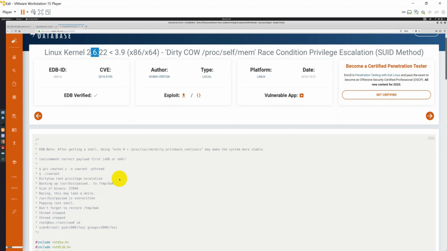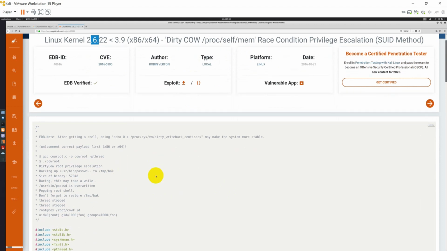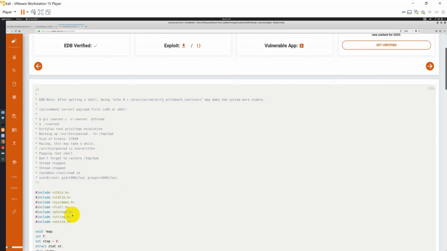You must go through a particular exploit to read how to run it. It says after getting a shell, you can do this to make the shell more stable. Also, it says how you can run it. You can download the exploit and then run gcc cowroot.c -o, and then -pthread, to make sure of the execution privilege, and it will directly give you the root shell.